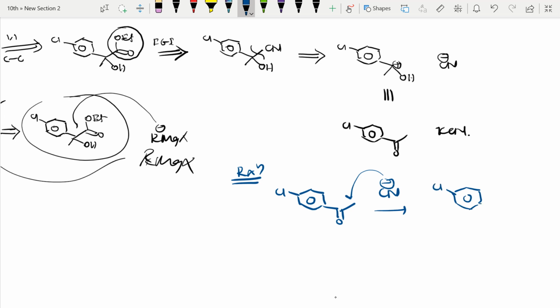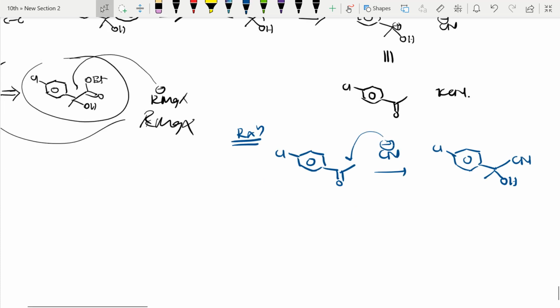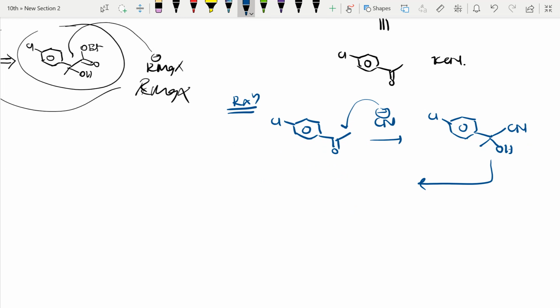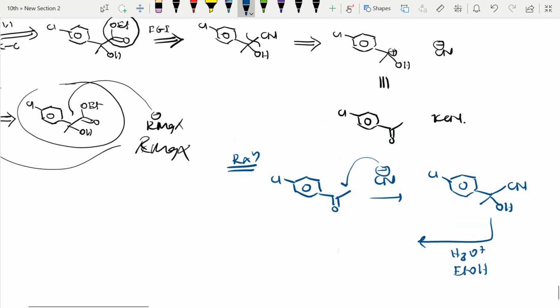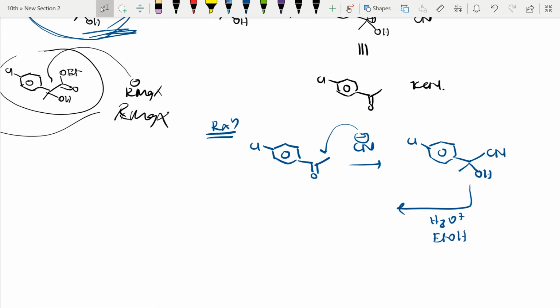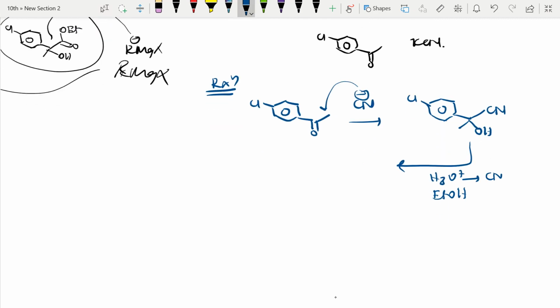Cl, CH3OH will be there. OH came from water, it will form, right? So CN, if I do acid hydrolysis, you know that it will convert to COOH. First acid hydrolysis in presence of ethanol, because I want this ester, right? This one which I am showing with the blue marker, ester I want. So by acid hydrolysis CN will be converted to COOH. Since ethanol is there, this COOH undergoes esterification and COOEt we will get, right?